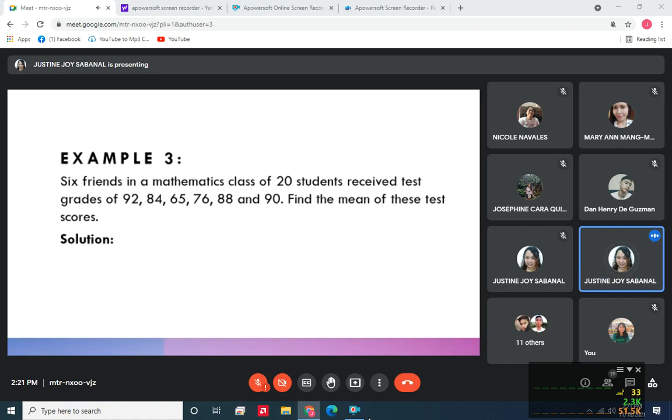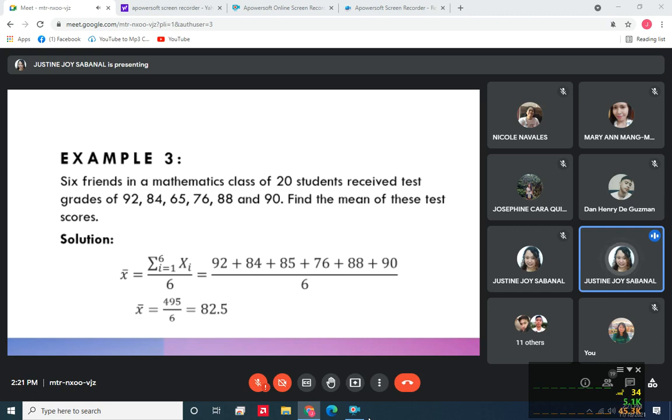So, we have here 92 plus 84 plus 85 plus 76 plus 88 plus 90. So, the sum of the grades of that six friends is 495 divided by 6. So, the mean grade is 82.5. So, in the aspect of the properties of the mean,